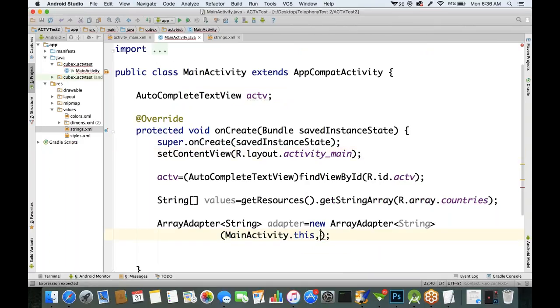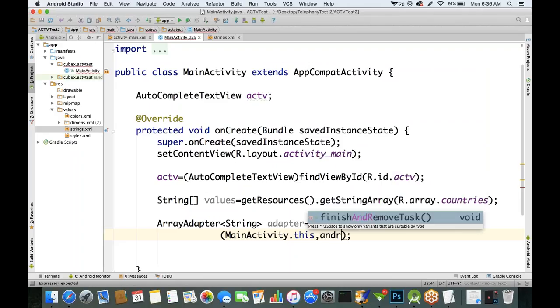For this example, we'll take a built-in XML file. If you want to access an XML file which is created in the layout folder, you simply specify R.layout.xml file. But if you want the built-in XML file,